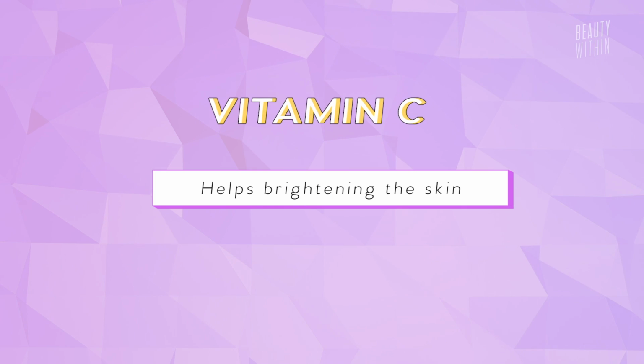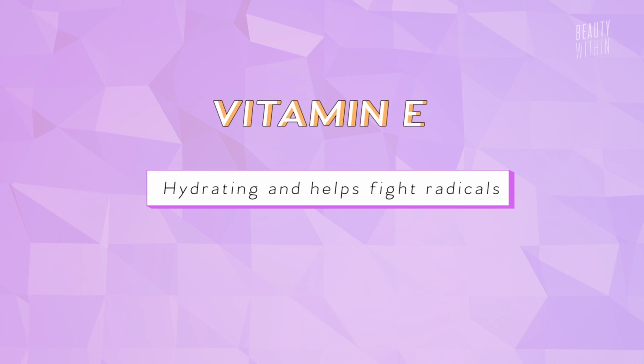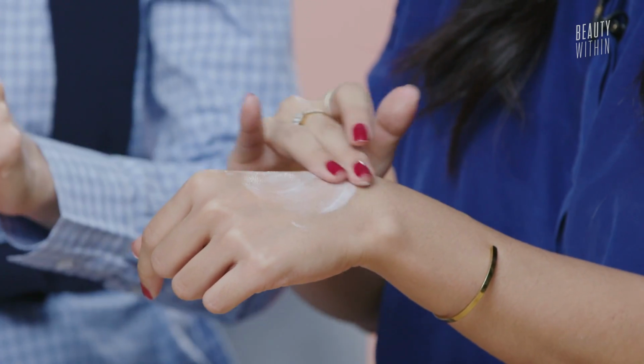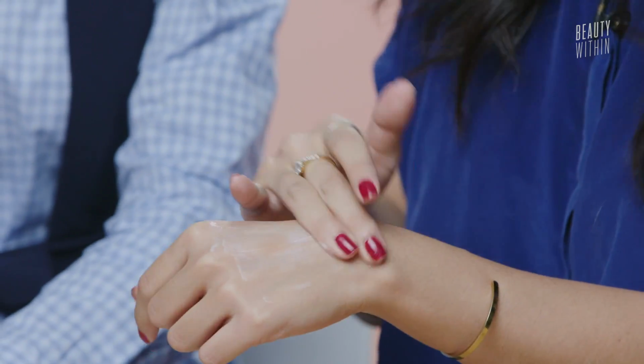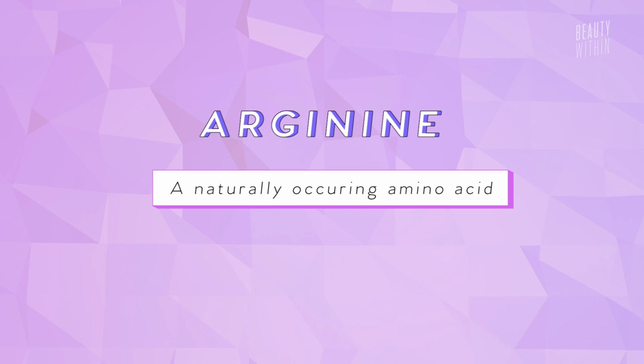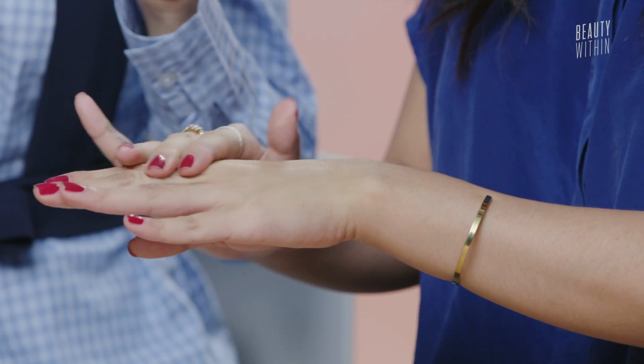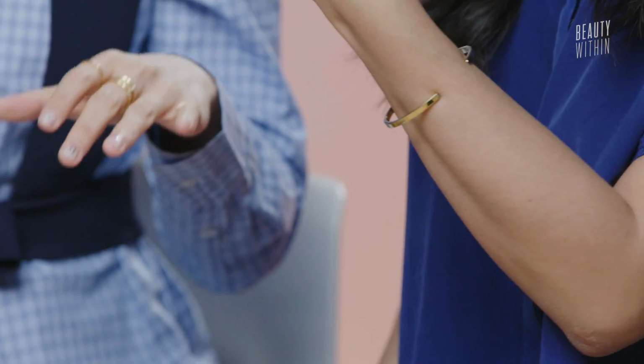There's vitamin C, which helps brighten, and vitamin E, which is very hydrating and an antioxidant that helps fight off free radicals. The hydration and the soothing comes from the sodium hyaluronate, and there's this one thing that sounds like Arcanine. Pokemon! Arginine, an amino acid that has to do with collagen and keeps your skin plump and youthful. So you can put a generous amount on your face, leave it on for about 10 minutes and wash it off,